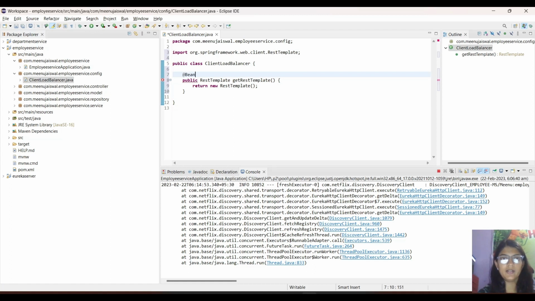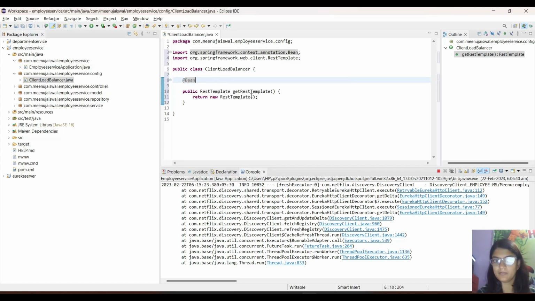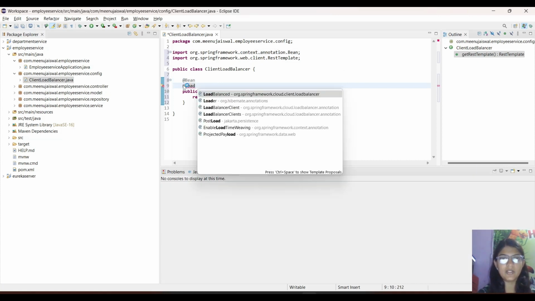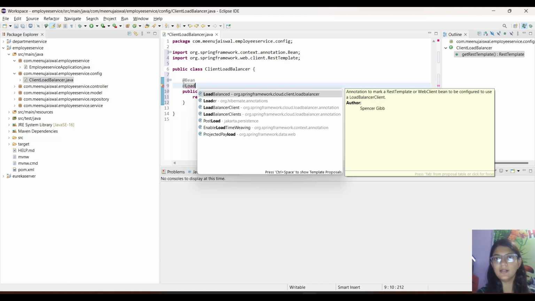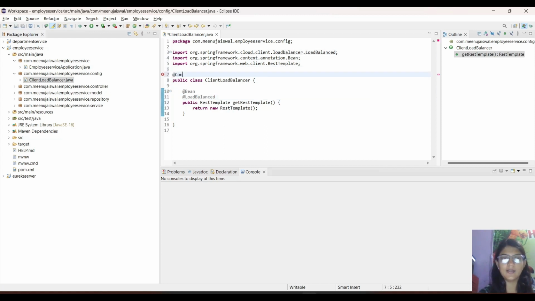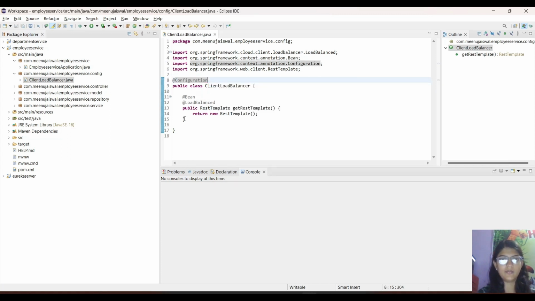So we need to tell Spring to configure it as a bean. Okay, and then for the load balancing part, we just have to add this load balanced tag. So yeah, this will take care of the load balancing of our instances. And then we also need to tell that this is a configuration class. Okay,